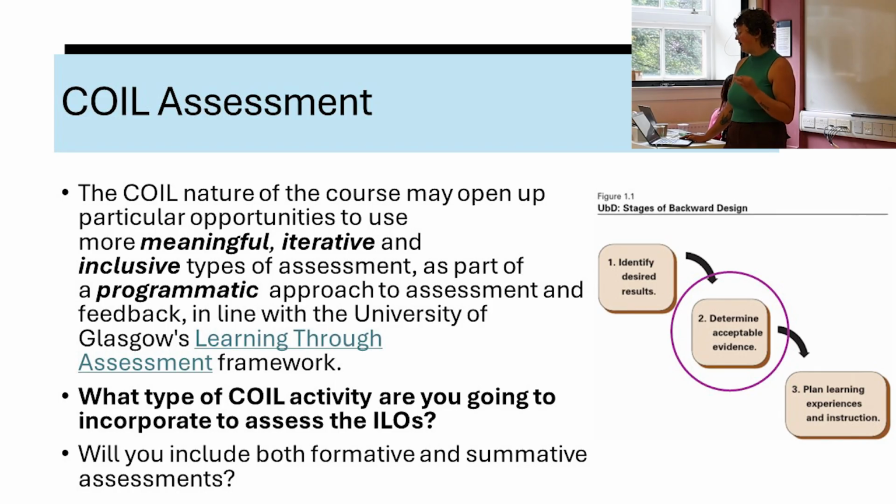But when thinking about how you're going to assess students, you want to think about some different activities that can allow them to meet that assessment that then aligns back to those learning outcomes that you've identified in the course. I put a comment on here that you should be thinking about formative and summative assessments. There's a place for both of them, but COIL can really help in scaffolding their learning experiences to help them meet those